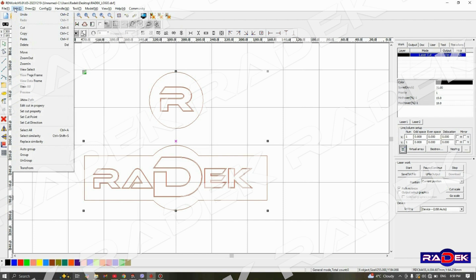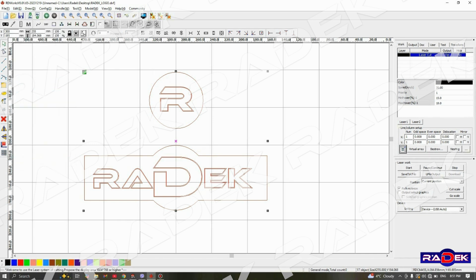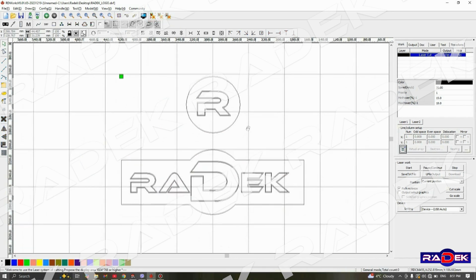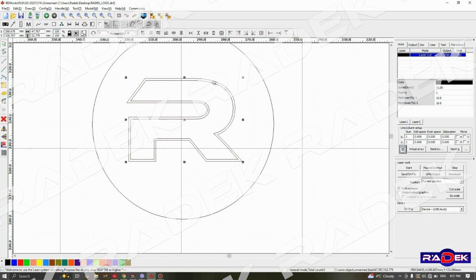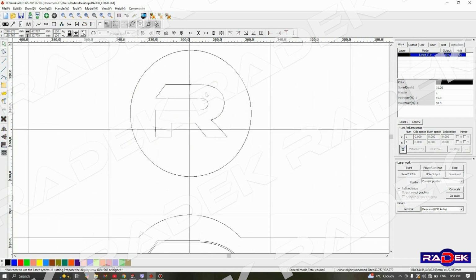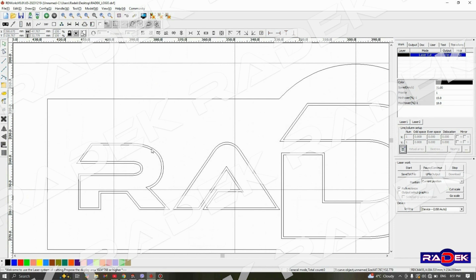in the lowest section of the edit window. Or we can also locate it right beneath the main menu bar where we have designated buttons for grouping and ungrouping. After all the vectors are ungrouped, I can select them individually and assign the working parameters to each of them. So first thing I'm going to do is to remove the duplicate offset vectors that won't serve any purpose